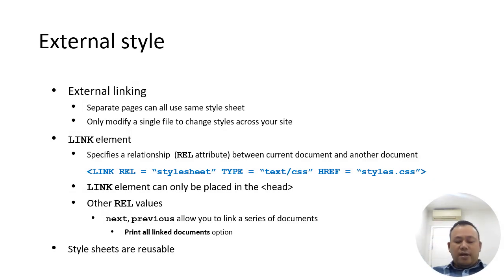For the last method of linking to HTML, the external style. With this style, separate pages can use the same style sheet, only modifying a single file to change style across the website. The link element is used to specify a relationship, the REL attribute, between the current document and another document. For example, we have link rel, type text/css, and this is a hyperlink